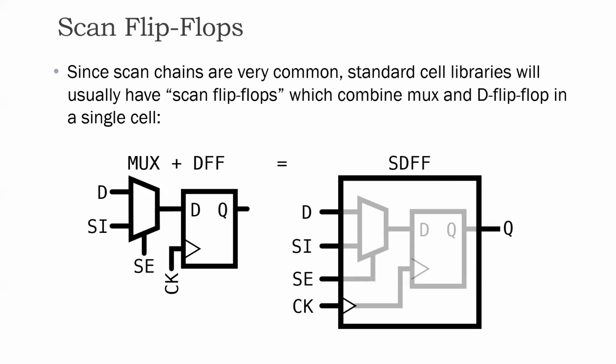And so I would encourage you to look for the SDFFs in the dot lib and convince yourself that you can tell which is the scan input, which is the shift enable, and which is the functional input. And then we will do some exercises as part of your assignment where you will synthesize with SDFFs and without SDFFs,